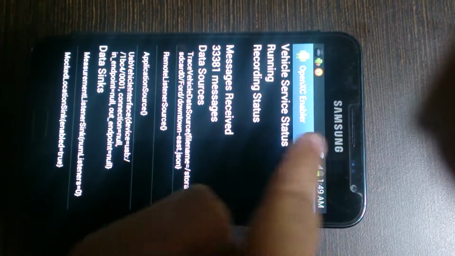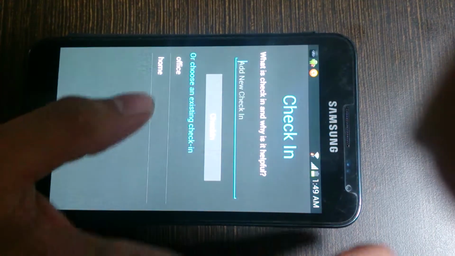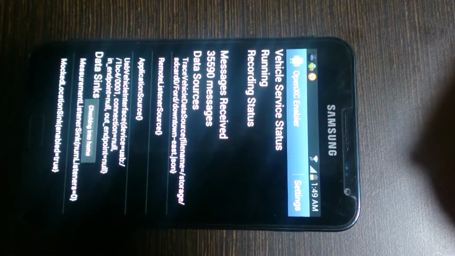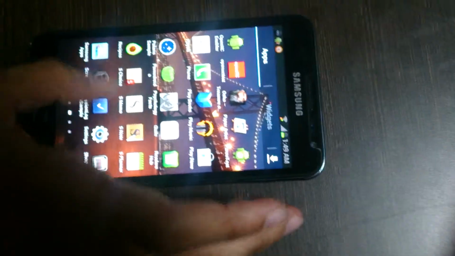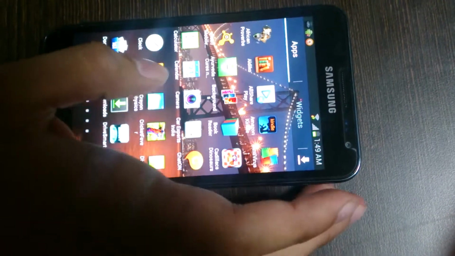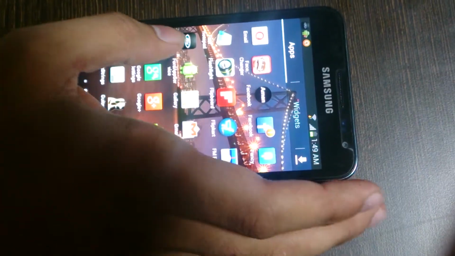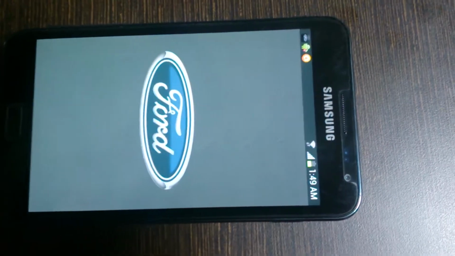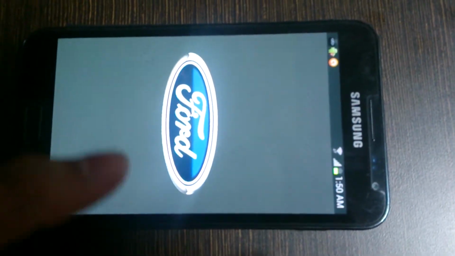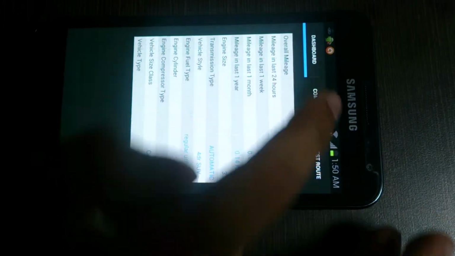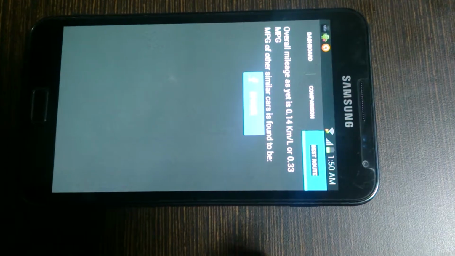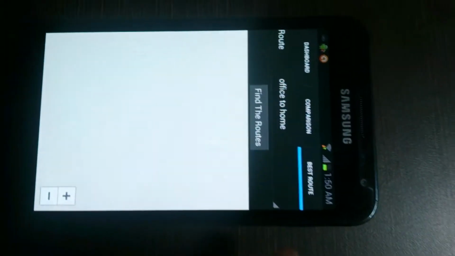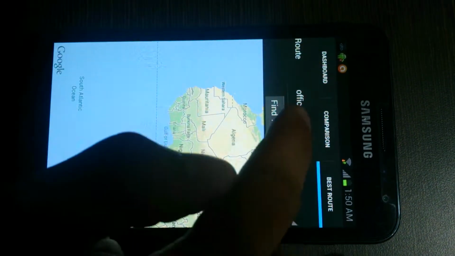So we already have some messages received. We can check into home. The same message appears: your data is saved for mileage calculations. Now let's go to the dashboard. I'll again open up the Ford Fuel Efficiency app, and you can see 3 tabs: dashboard, comparison, and best route. When I click on the best route tab, I can see all the routes from office